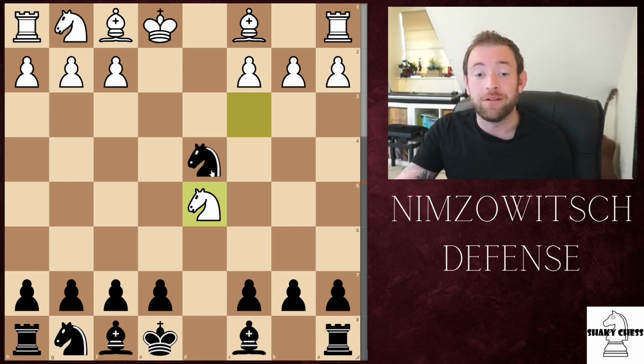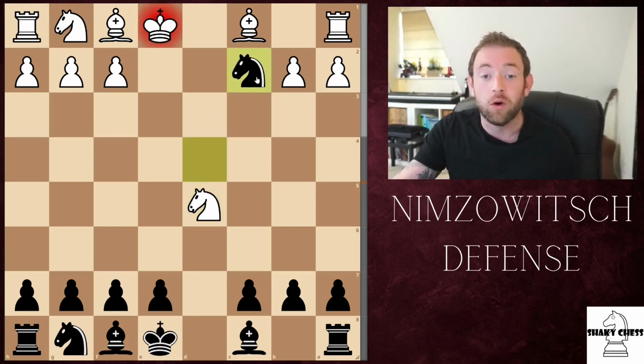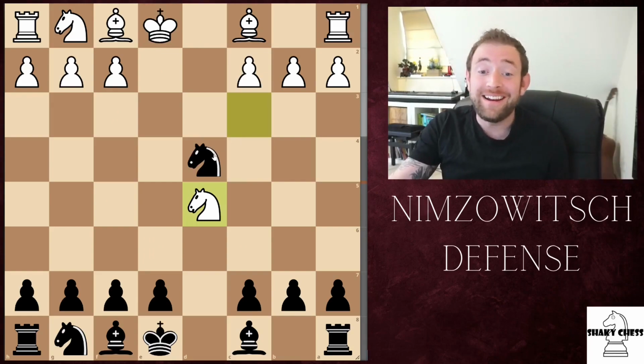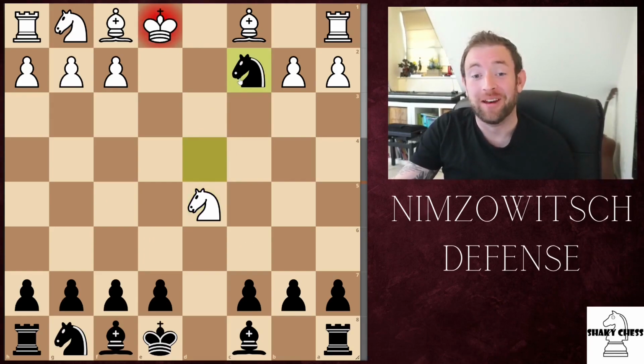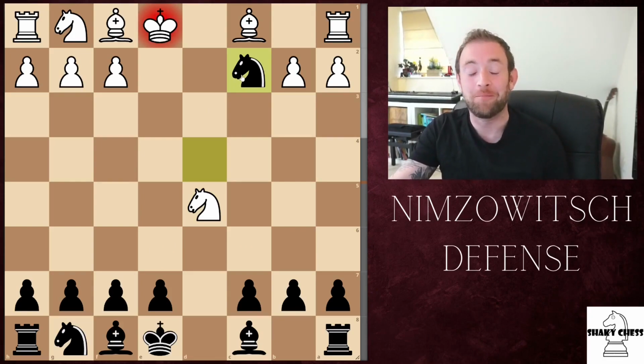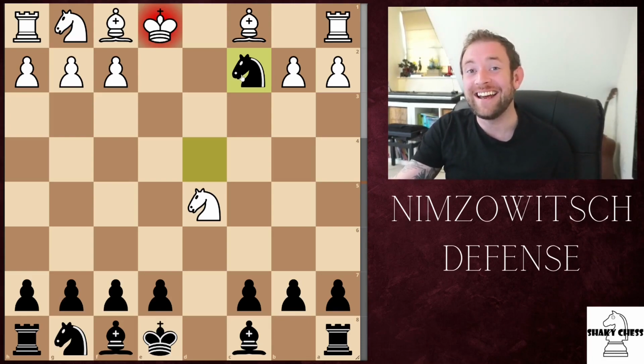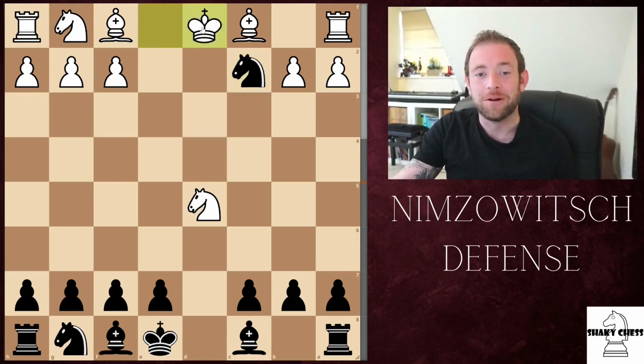And we're left with a bit of a choice. We can either jump back the horsey to try and defend the pawn, or alternatively we can go up, put him in check, and then go for the fork. Now, clearly Stockfish prefers us to go up like so, and it is probably the better move. Stockfish does say so, but Stockfish is a computer, we're humans, and it can get a little bit uncomfortable, so